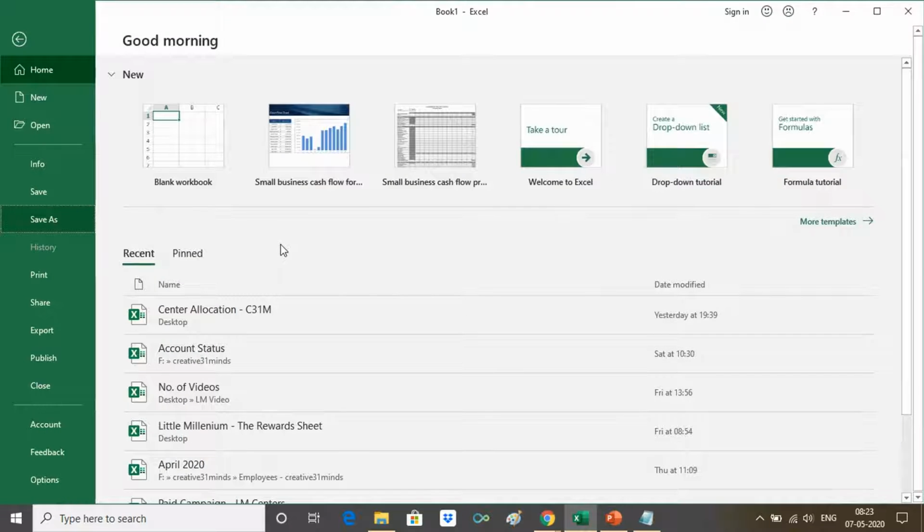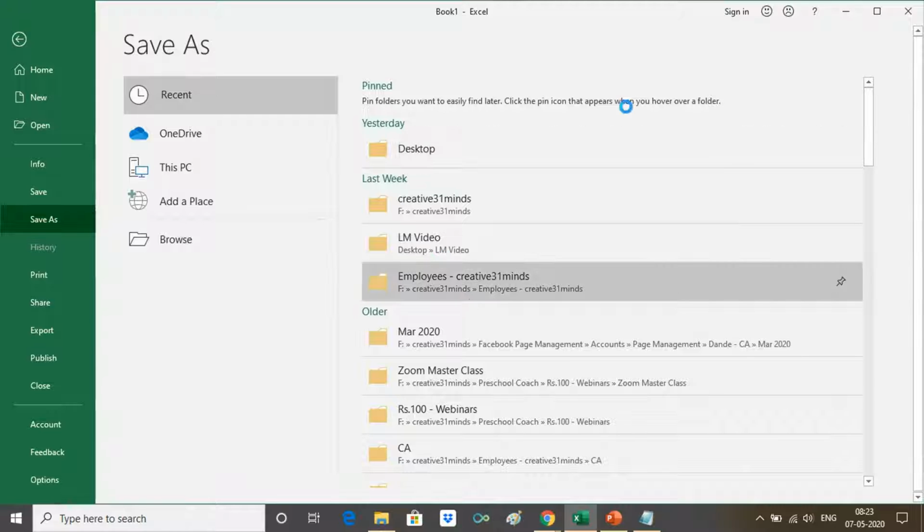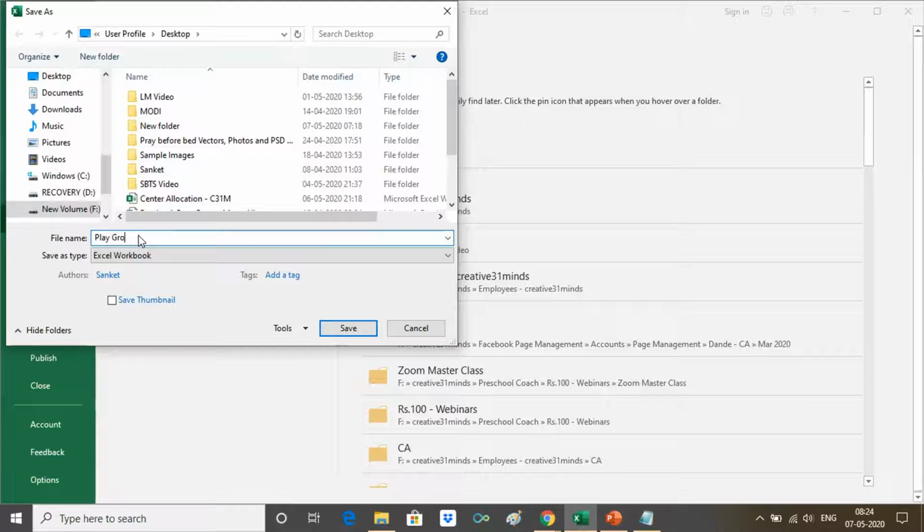So when you create this list, first let's save the sheet. I'm going to save the sheet on the desktop as playgroup. Suppose you have different sections, you can mention it as playgroup A, or if you want to conduct the same session for all sections, then simply save one list with all playgroup filters.